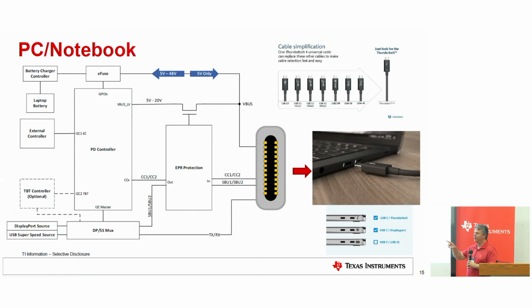So I talked about how you handle a power negotiation. The source sends its capability to a sink: it'll say, I can do 5 volt, 9 volt, 15 volt, 20 volt at these currents. The sink side will say, great, I'll take this one. Part of the process for setting up the video tunneling is that it starts asking, what are your capabilities? And it'll say, I can do these modes.